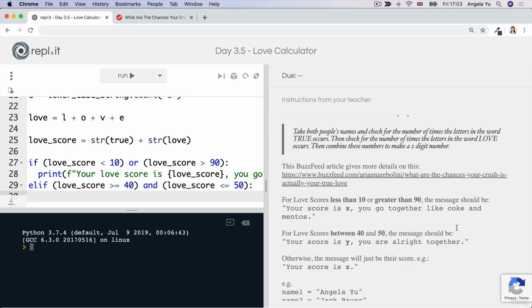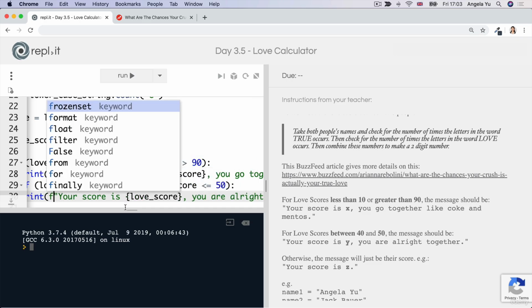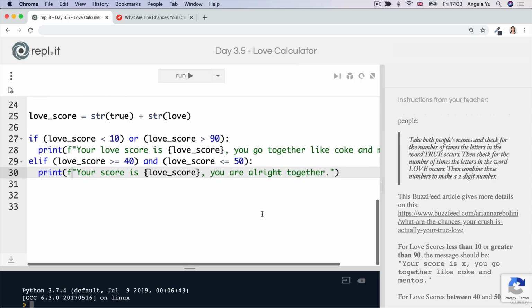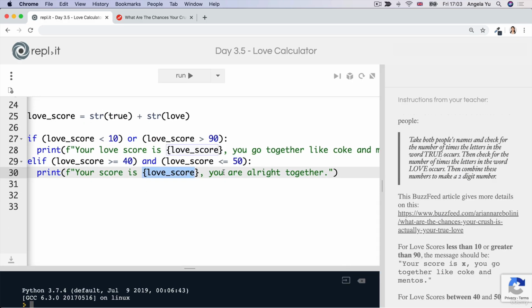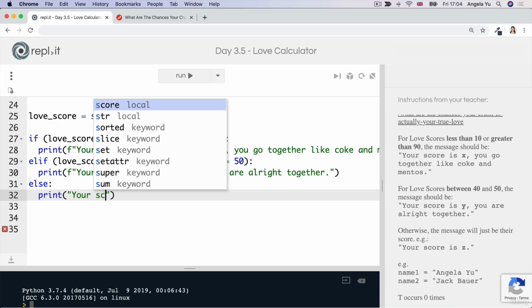And in this case, what we want to do is we want to print out this sentence. So your score is, let's just insert the love score in here. Your score is this particular love score. You are all right together. Now, the final thing we said is if it doesn't match any of these conditions, then the message is just going to be their score. So that means we can catch everything else using an else statement, and we can simply just print your score